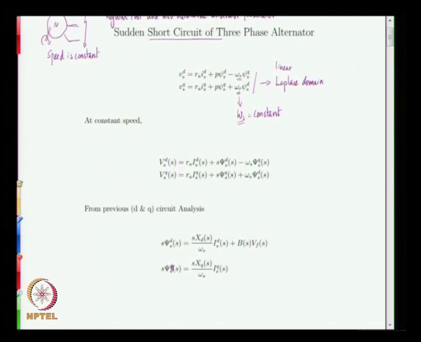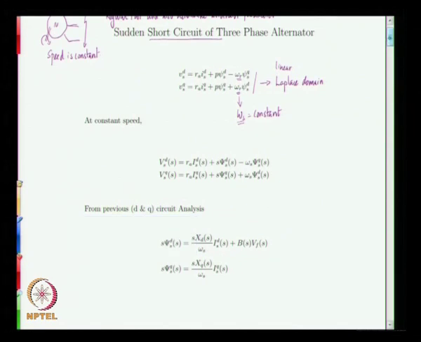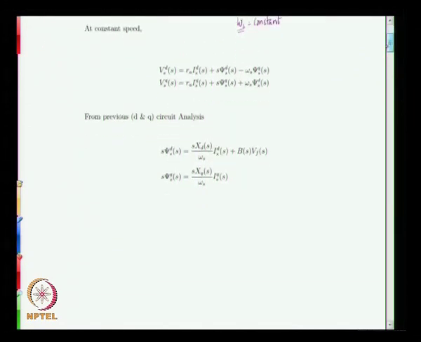And similarly s psi q was then derived as s into xq of s by omega s into Iq of s. Now since we have derived expressions for these, what we can do is substitute these expressions into the Laplace transformed form of Vd and Vq, and therefore